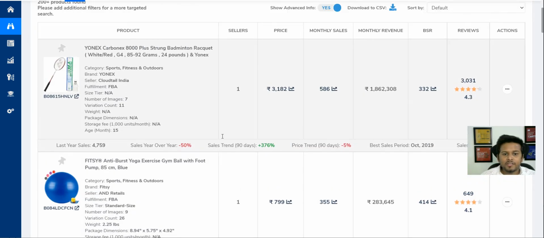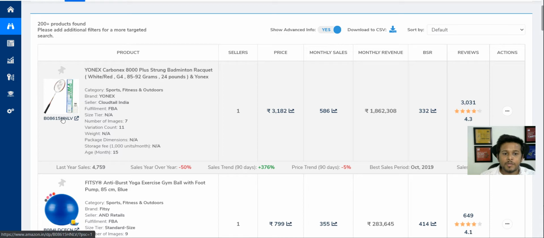Okay, there we go. And in this case, it also comes with an image, because it's a particular product on Amazon. It's not that we have given a generic keyword. Now if you can see this particular badminton racket set, it's a bundled product which gives you the cock and all those things, but it is from a company Yonex, and that's why it's doing very well. It has a revenue of 18 lakhs per month, which is huge. Bestsellers rank of 332 and a healthy price point as well.